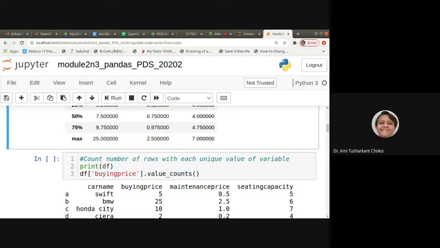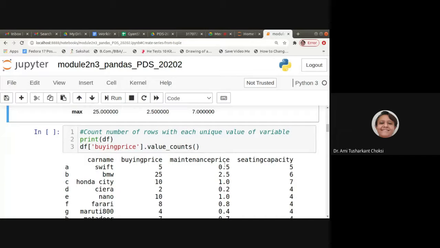Now, count the number of rows with each unique value of a variable. For that, print df gives us the whole data set. Now what I am doing is df of buying price, and for that I want value underscore counts. Value counts will give me the unique value counts, right?